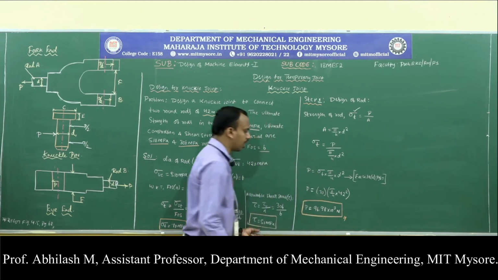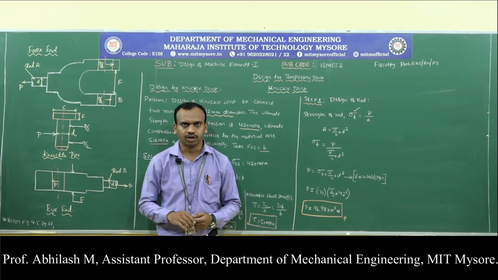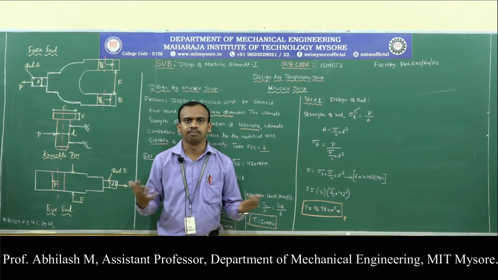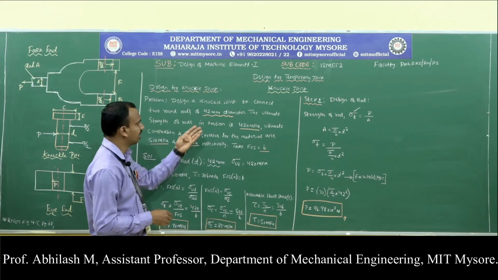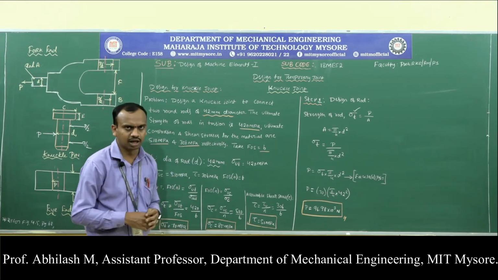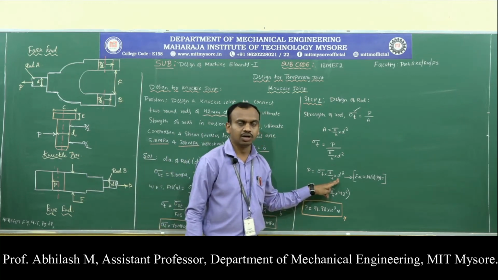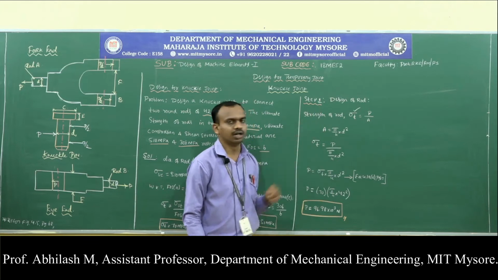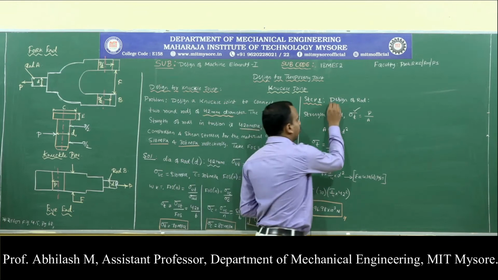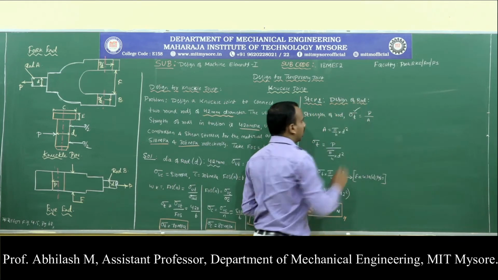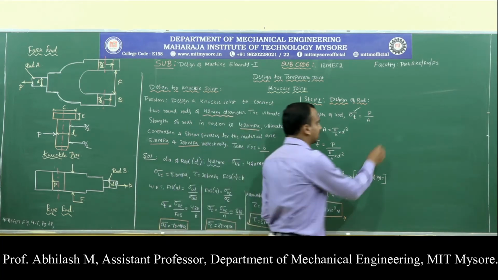So this is the amount of load that is carried by this particular knuckle joint, or the amount of force that is applied onto the knuckle joint. If in the problem they had given you the load carried by the knuckle joint, the steps would be similar, but the unknown would have been the diameter. We would have calculated the diameter of the rod. So step 1 in the design of the knuckle joint becomes the design of the rod. We have designed the rod. Now what is the next step?